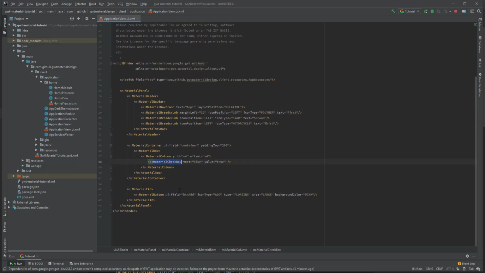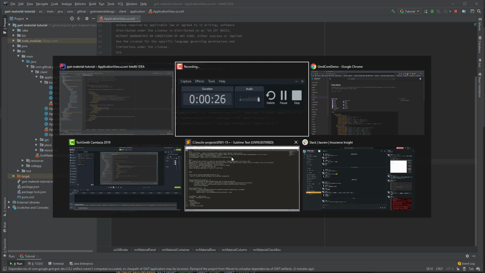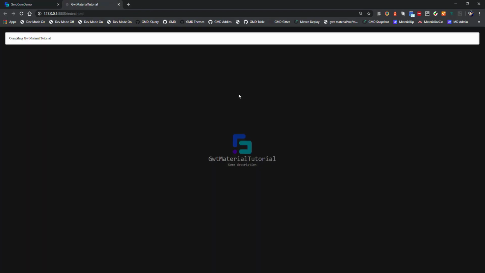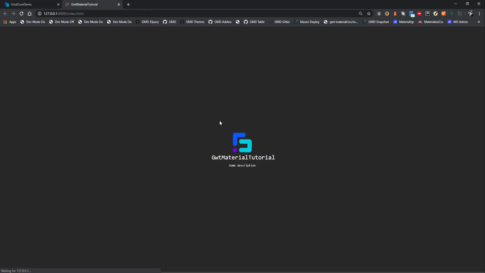Using the namespace material checkbox right here. So we need to define the text and also the default value. So if I don't set the default value, it should be false by default, so it will not be turned